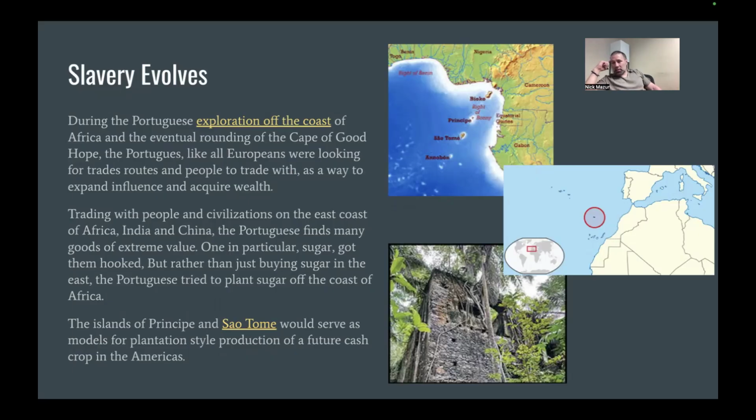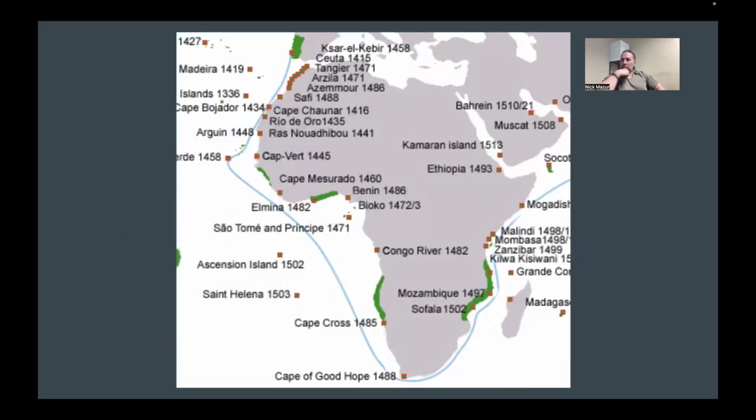But the problem was that the route was mainly closed off to Christians because of the Islamic empires that controlled the road. So it wasn't that you couldn't go, right? But you were going to have to pay a hefty tax, and there was a possibility that you wouldn't be protected, right? So the Europeans are looking for another way to get to the riches of the East. And so they begin to basically land hop. They go along the coast, and they eventually are able to make their way around the coast of Africa.